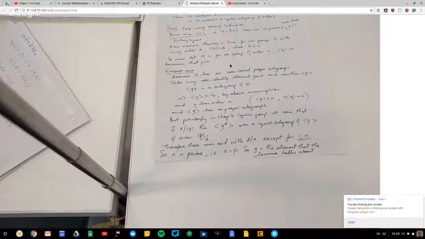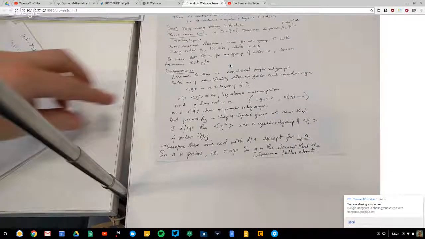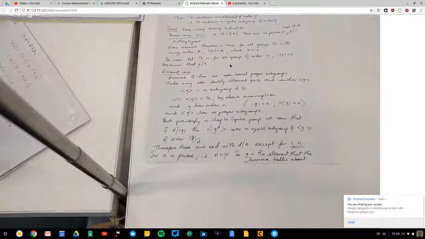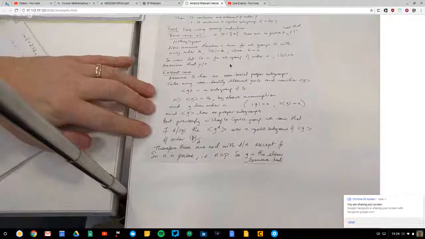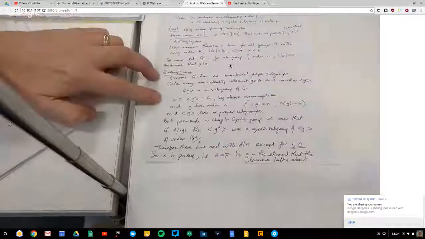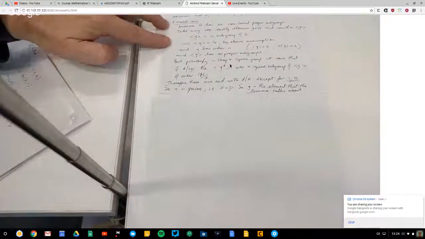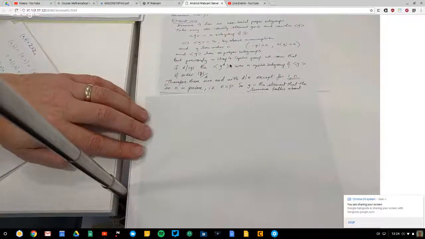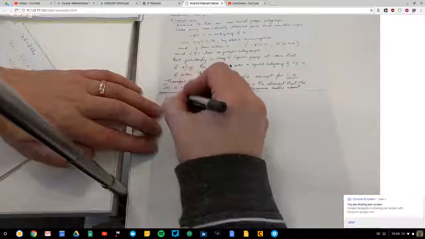All the other groups are the groups that do have some nice subgroups, some genuine subgroups that aren't just the trivial subgroup just containing the identity, aren't just the whole of the group, but just some genuine intermediate subgroups. Okay. So the lemma is true in this case. Any question about that? Does that sound reasonable? Yeah. So now, for the rest,